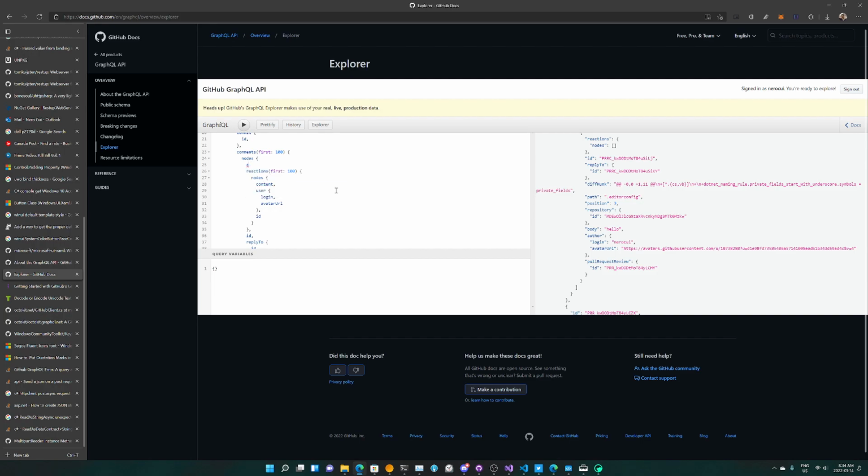Reaction groups. So what can I do in this case? Reaction group created at launchpad. Viewer can react to the email. Minimize reason. Include create edit. No count. Yeah, so that